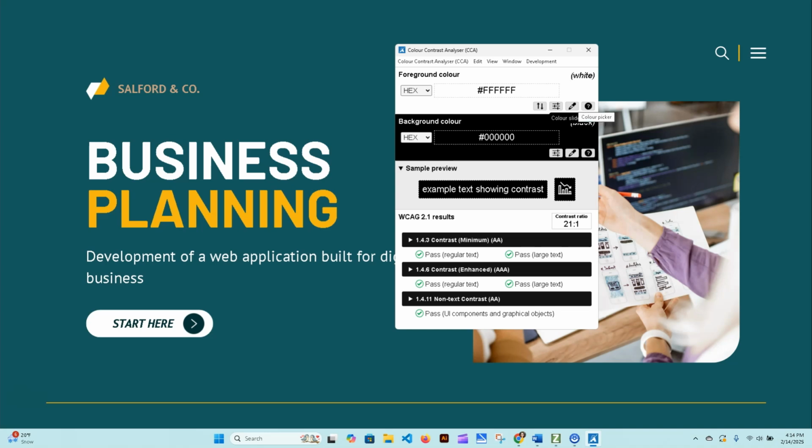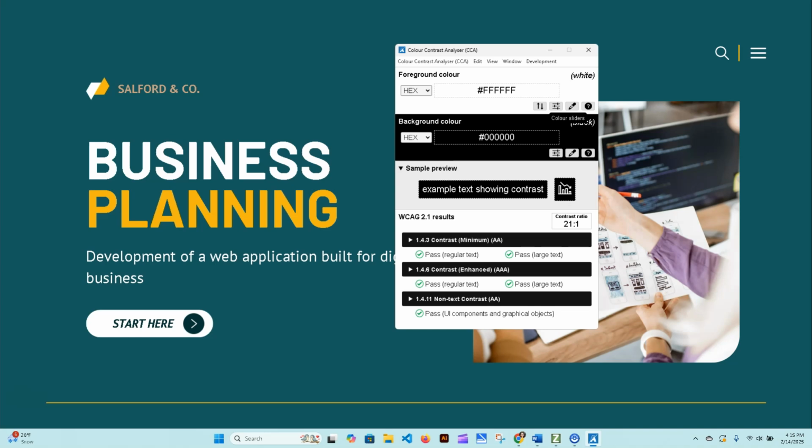And then we have our eyedrop tool, which you've probably seen in Canva, Illustrator, any editing software that you're using. You have those sections for both foreground and background. And then below that, it will show you a sample of text with the colors that you've chosen. So you can easily see what that might look like in text or an icon.